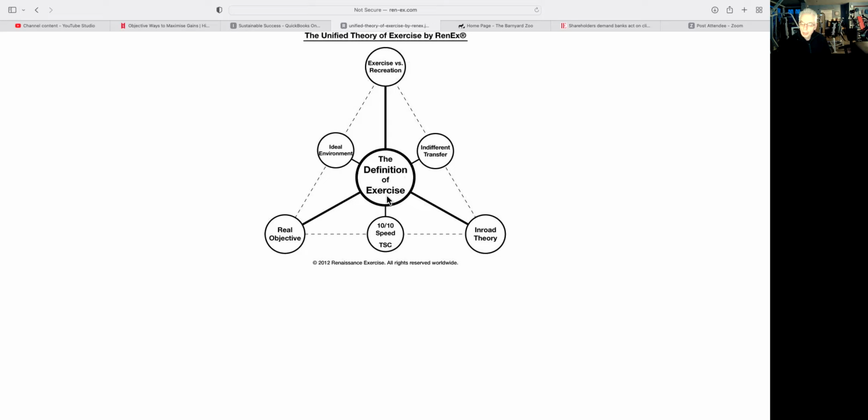So definition of exercise. I'll go through that in detail, but just point out the word definition. Why define? Why define anything? Because if you don't define something, if nothing is defined, that means it's infinite. Infinite versus definite. Defining something gives us a beginning and an end. Otherwise, if you don't have a definition, then anybody can say that anything is exercise. Walking is exercise, playing cards is exercise, anything that involves any kind of movement, and that's wrong.